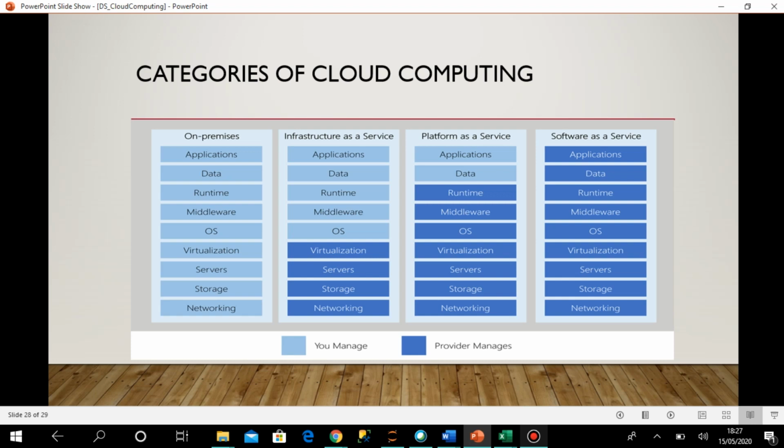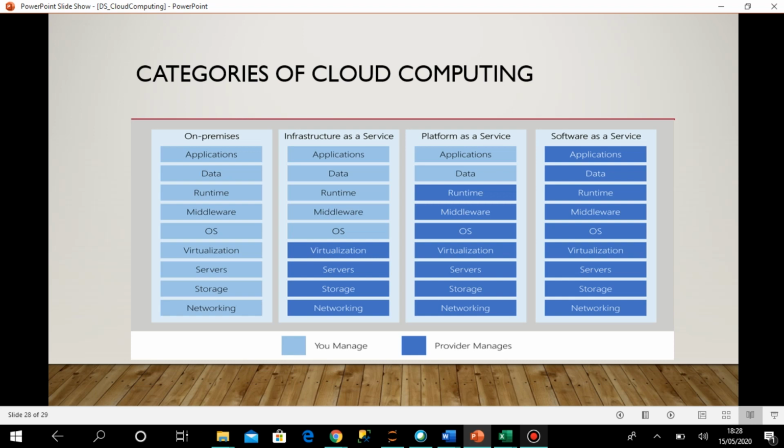Those things are my responsibility in the case of infrastructure as a service. Then comes platform as a service. Here you can see that networking, storage, server, virtualization, operating system, middleware, and runtime are all the responsibility of the cloud provider. The machines are already provided with SQL Server installed, the appropriate operating system, the runtime, the software, everything installed.